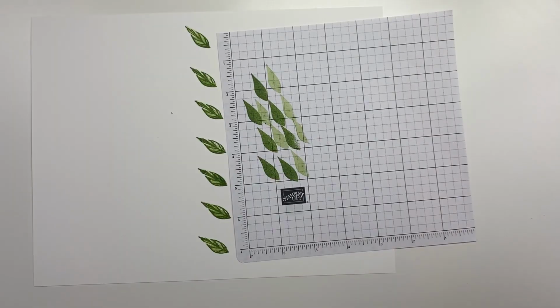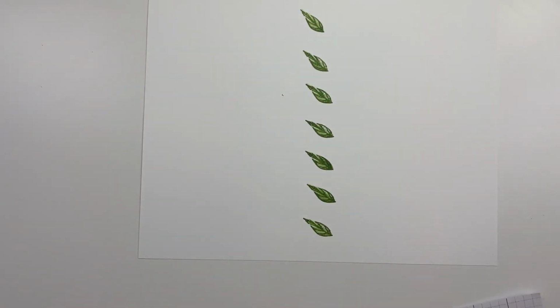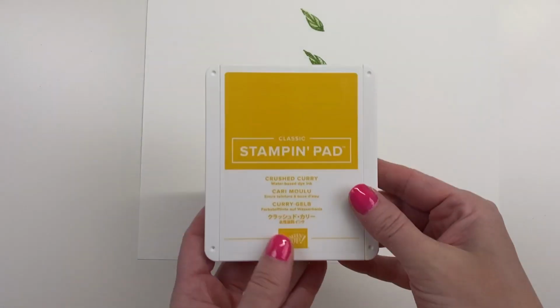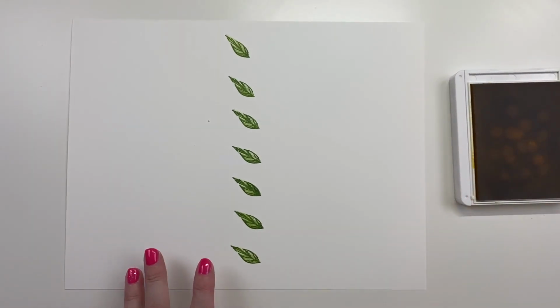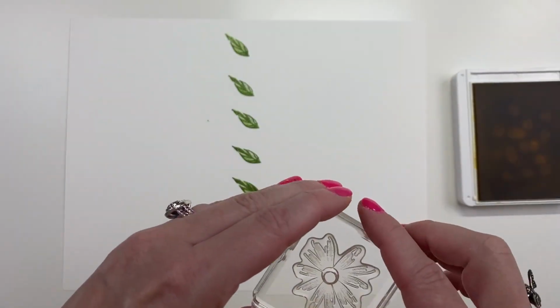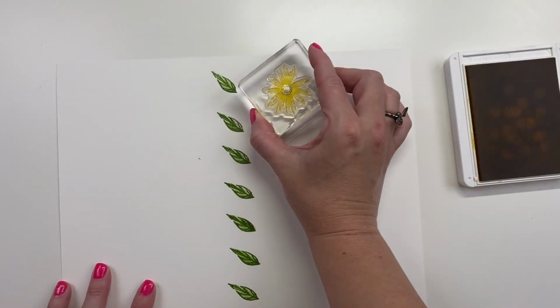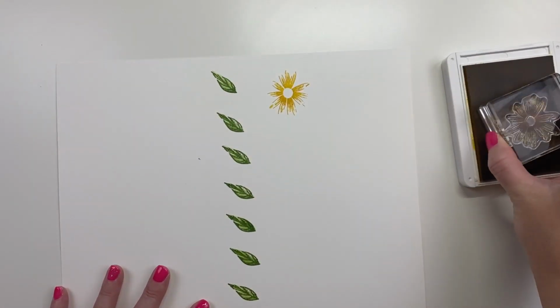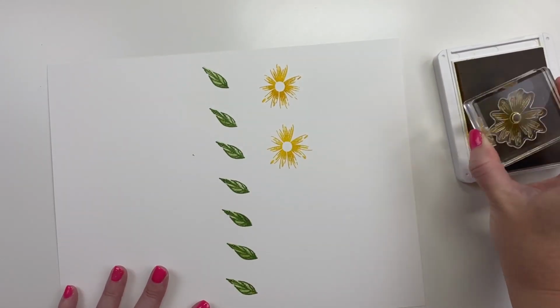So that is our leaf with old olive. Now let's do some of our flowers here, our sunflowers. So we're going to bring in some crushed curry. Open that up. And with our crushed curry, we're actually going to do the outline of this stamp. So I'm just going to ink this up. And it's the same thing, I really just love to ink and stamp, ink and stamp, ink and stamp all the way